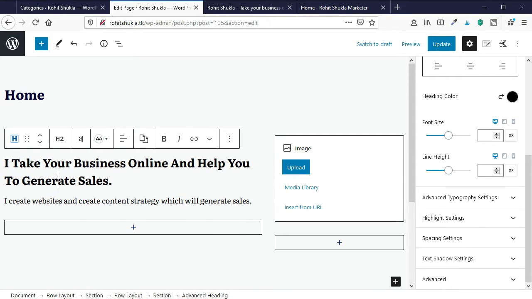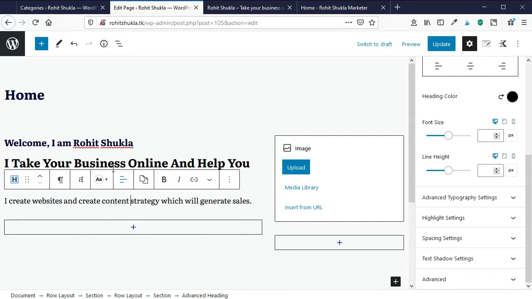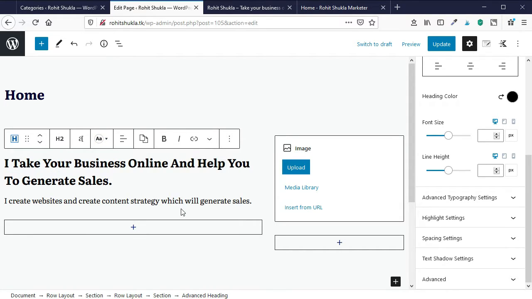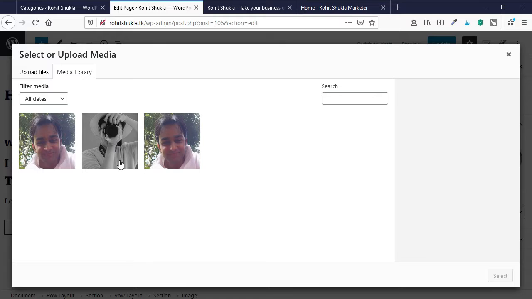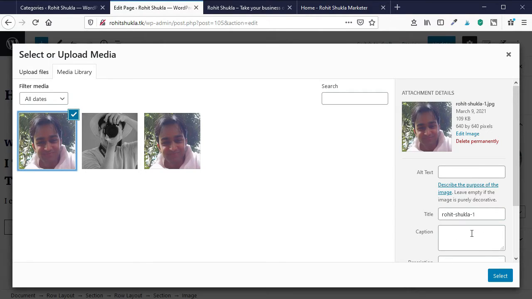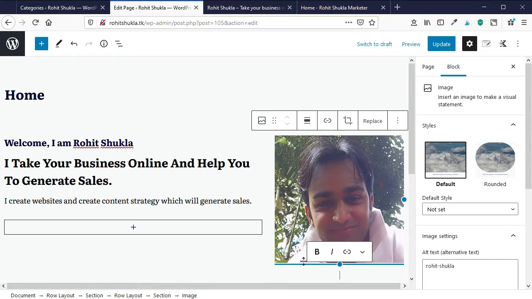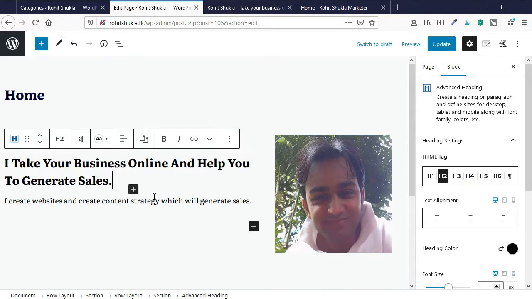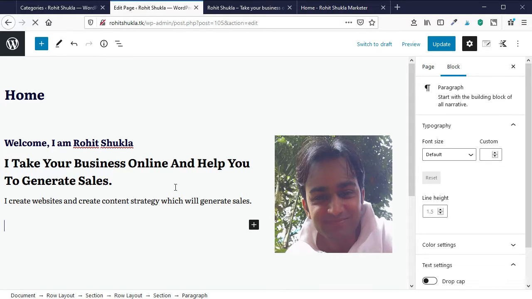Now I am changing the color to black, because I didn't like that blue headline color. Now I am uploading and selecting my images. Now you can place your name in the alt text. Now adjust the image as per your block needs.